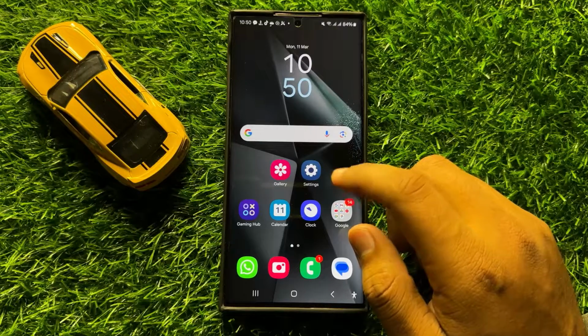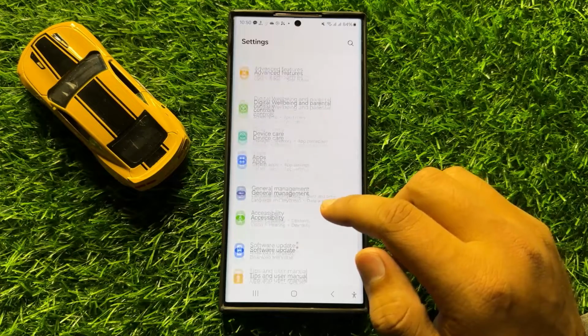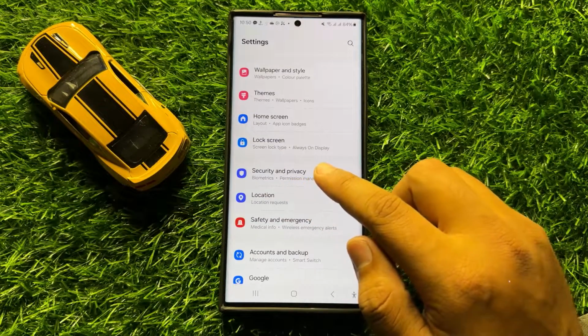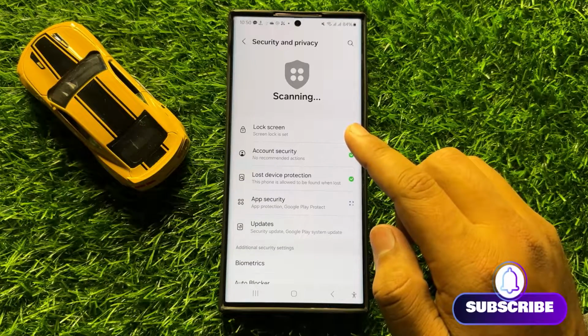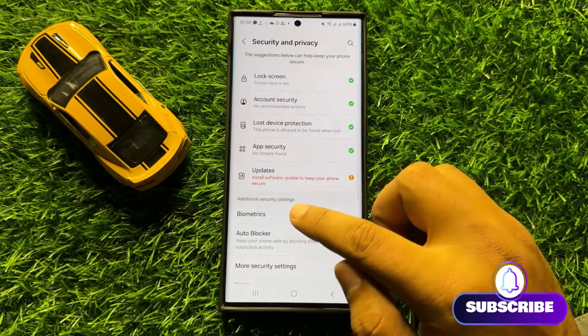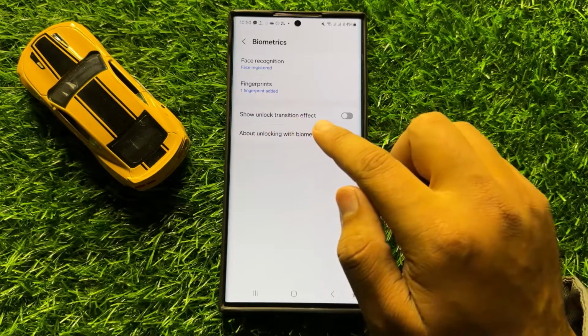So first of all, open settings. Now in settings, scroll down and here click on security and privacy. Now in security and privacy, scroll down and click on biometrics, and here you will see a show unlock transition